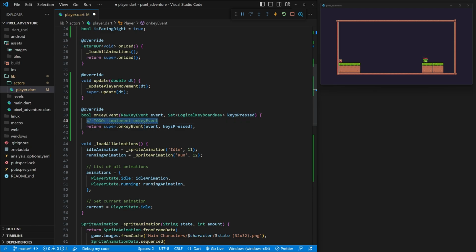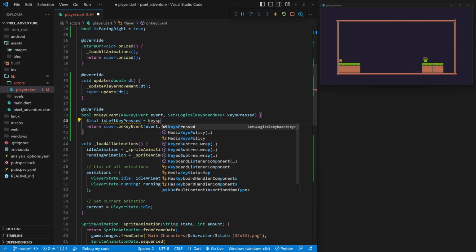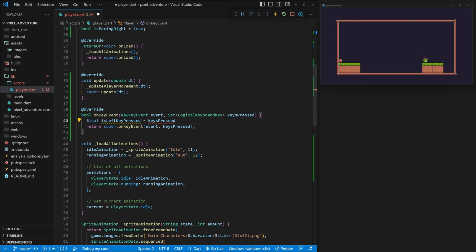Now with the keys pressed, like I said earlier, we want to be able to get A and the left arrow for left, and we want to be able to get D or the right arrow for right. So to do this and save us a lot of writing code, we can go ahead and set it as a variable first. So we want to do final isLeftKeyPressed. And this is essentially going to allow us to check our keysPressed and see if any of our keys pressed contains the keys we're looking for, A and left arrow, and if that's true, then this is going to be true. So we can do that by writing keysPressed, not capital, keysPressed, which is right here, what we're grabbing,